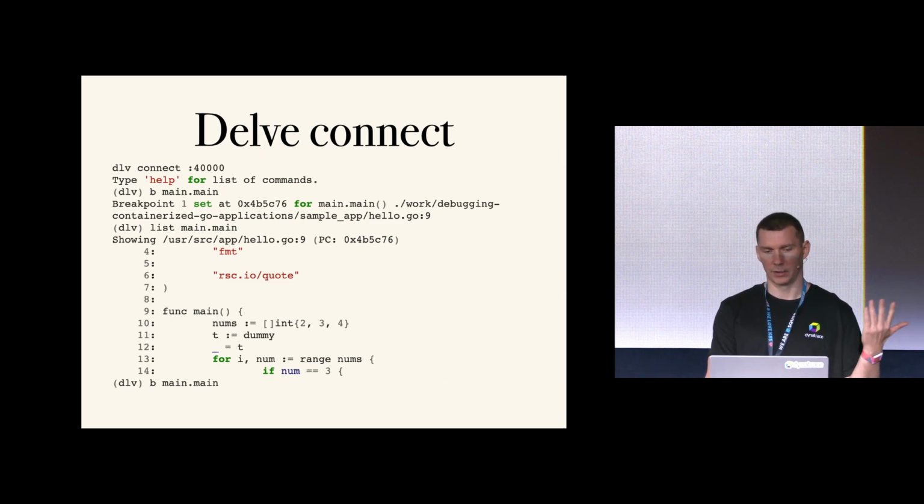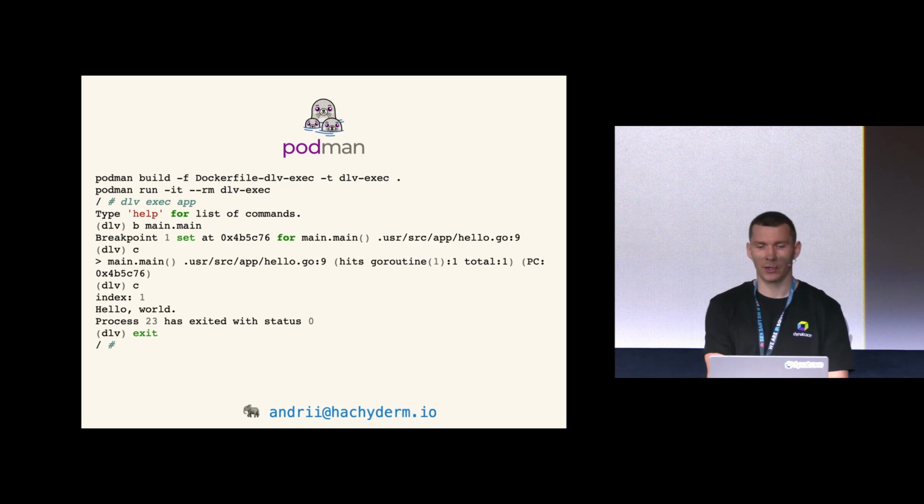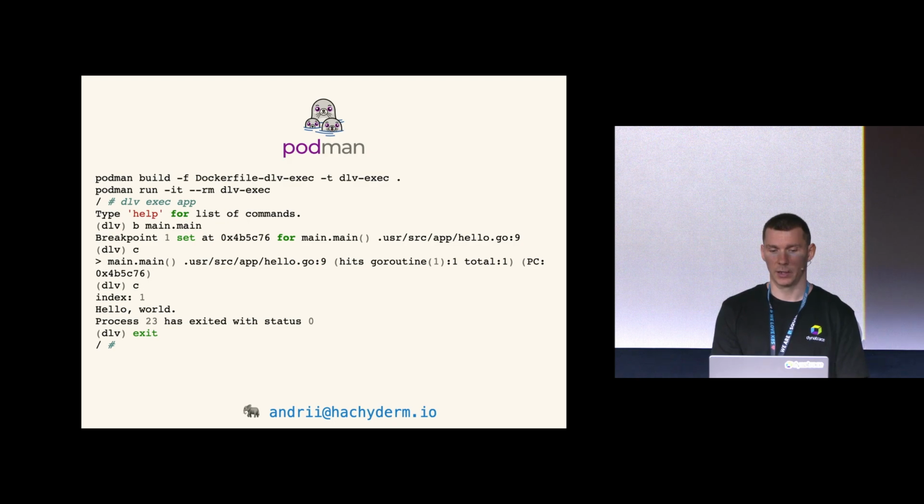And we can debug it as usual using Delve connect. Something I broke, I think. Also, you can do the same trick with another runtime like Podman locally. I tried it, will not waste time right now, but you can also build an image with Podman using more or less the same files. I created a repo, so after the talk you can check it out and try all different variations on your own, and it will help you learn and maybe adopt it in your own project. But returning to Kubernetes,